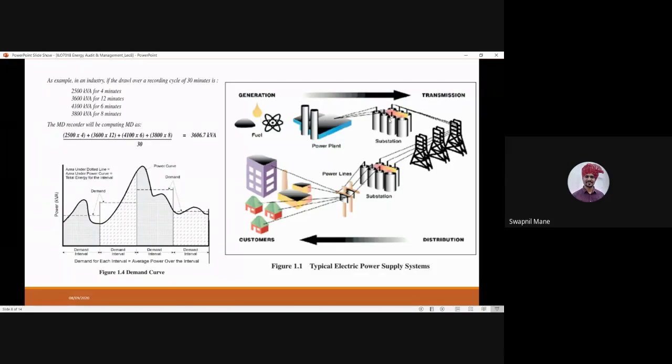This electricity will be stored in the substation. We cannot say literally storing, but it will just divert the power generated from the power plant, from the substation. It will go to transmission and distribution lines, then it will again come to a substation. For example, we have the Koyna power plant in Kolhapur, which will have its own substation. From that substation, 33,000 volts is transferred to our substation.